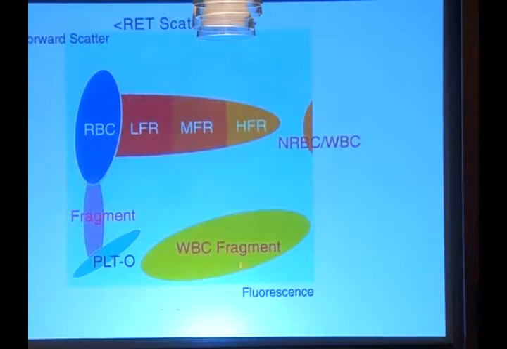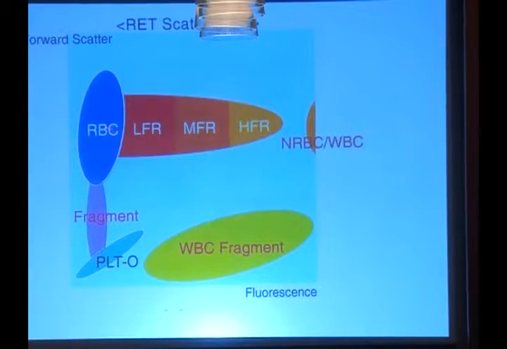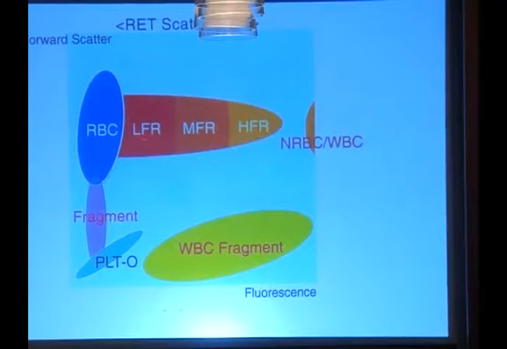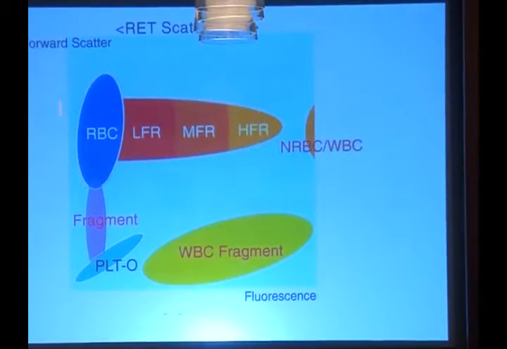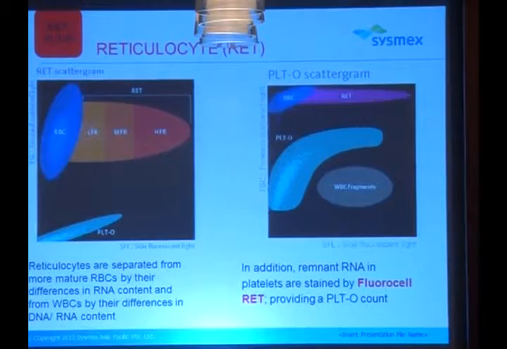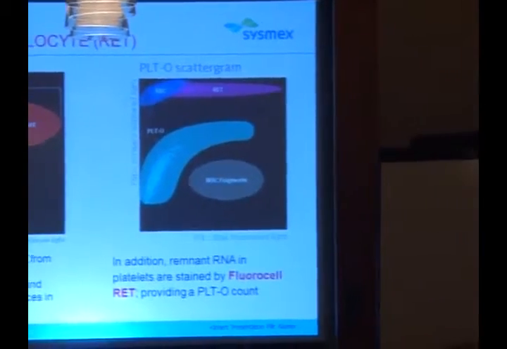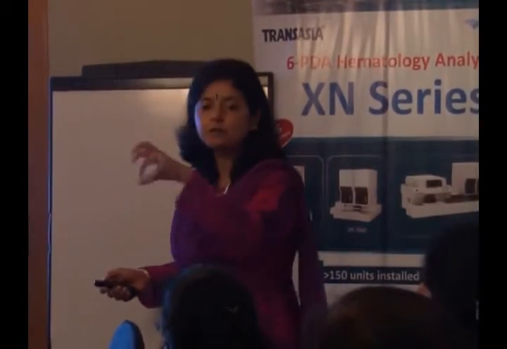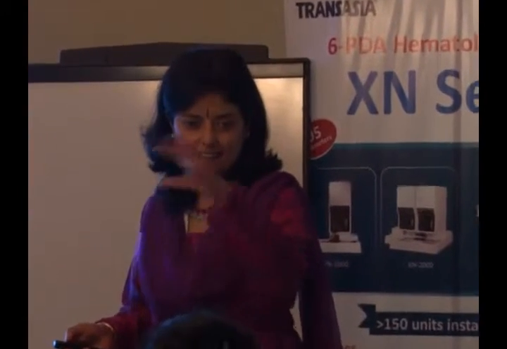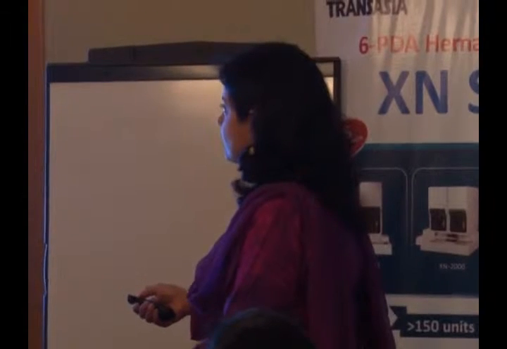Now if you look at this, I showed the real scattergram. This is just a picture. This is how the RBCs go in the red channel, and this is how they scatter from low fluorescence to high fluorescence. In this same channel, optical platelets are also counted, the question that you asked. Platelet O, yeah. So the reticulocytes are separated from the more mature RBCs by the difference because they have varying RNA content, right? When you do a retic staining, that's also an RNA, a supravital stain, right? So same thing, depending on the RNA content is how the fluorescence scatters.